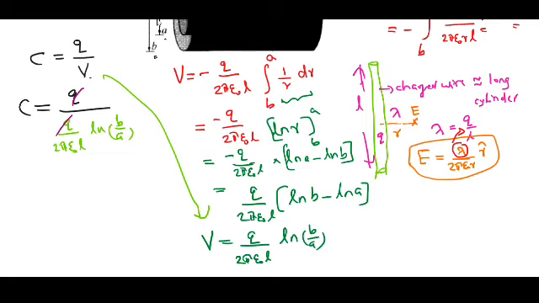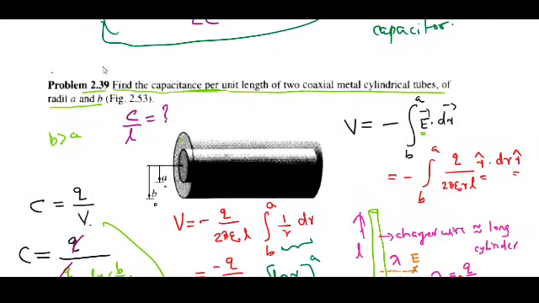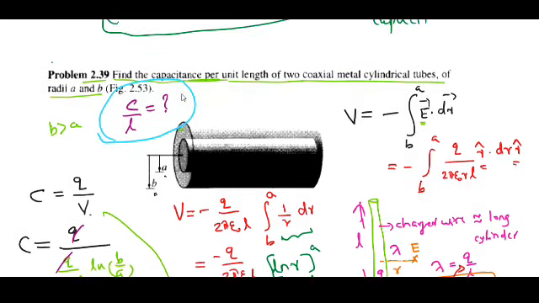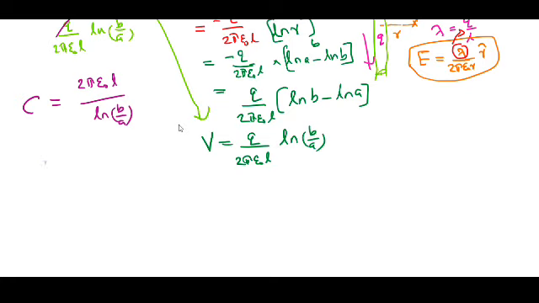Then we are left with C is equal to 2 pi epsilon 0 L divided by natural log B by A, or capacitance per unit length. If you see the question, capacitance per unit length was our aim. That is, this is C by L, that can be written as 2 pi epsilon 0 divided by natural log B by A. This is the final expression for the